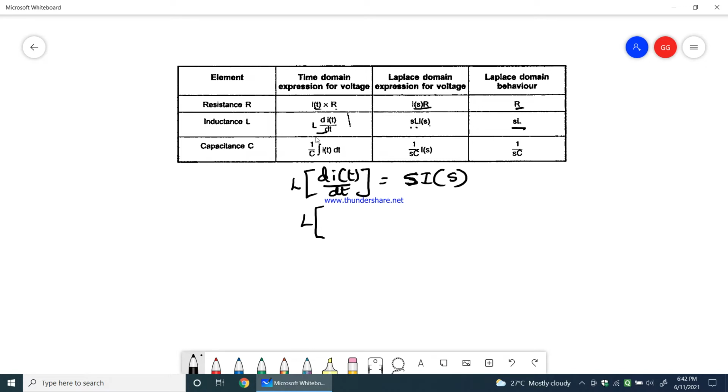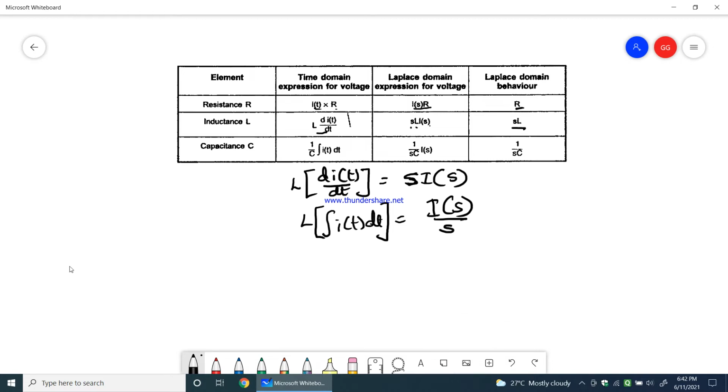Okay, this L is getting multiplied with this L. This is the Laplace transform. The Laplace transform of the integration of i(t) dt will be equal to I(s) by s. You divide by s for integration, you multiply by s for differentiation. Therefore, 1 over C into this I(s) by s can be written as 1 over sC into I(s). Therefore, in the circuit, when you write the Laplace equivalent circuit, our capacitor will be changed to 1 over sC.